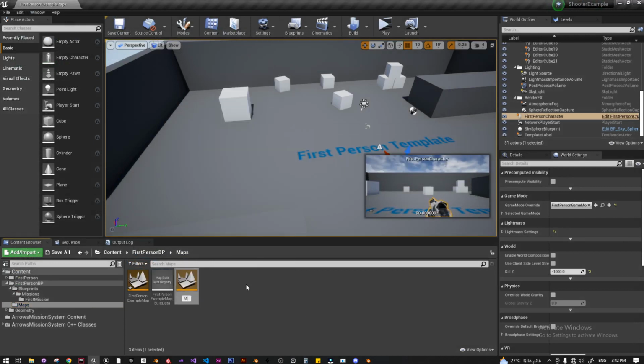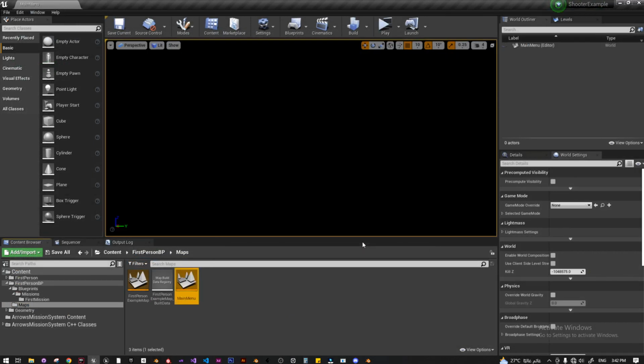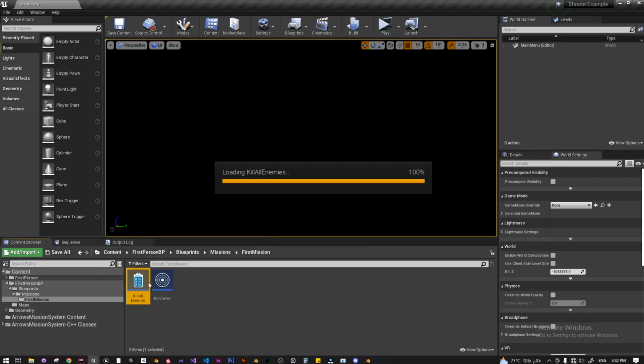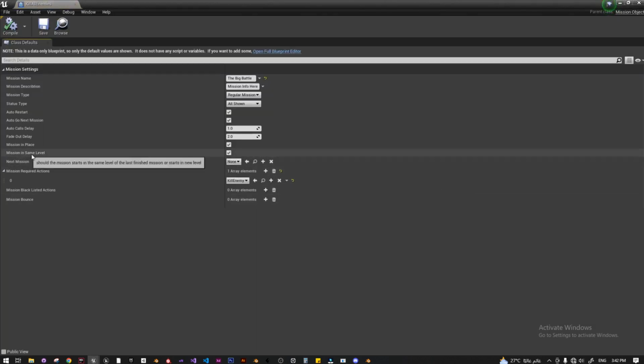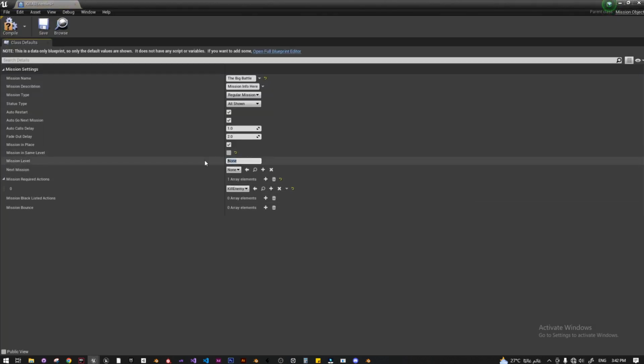Now we need to go to maps and create a map. This map is called main menu. We need this because the system actually needs a place to start. So I'm going to first of all copy the name of the example map and go to my mission here. The mission here is not going to start in the same level, but it needs to have